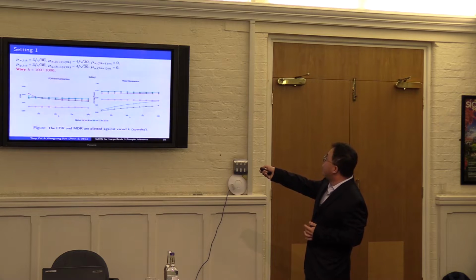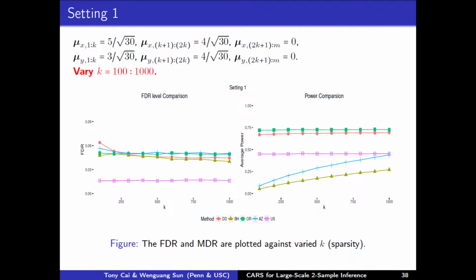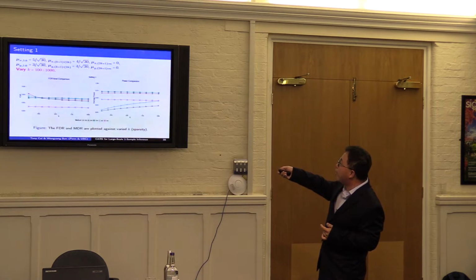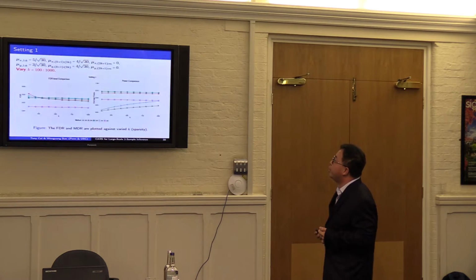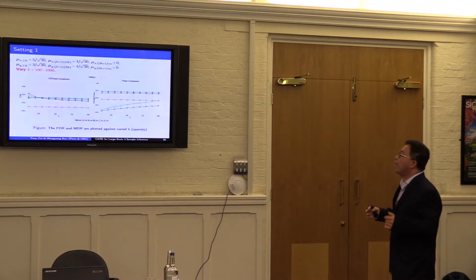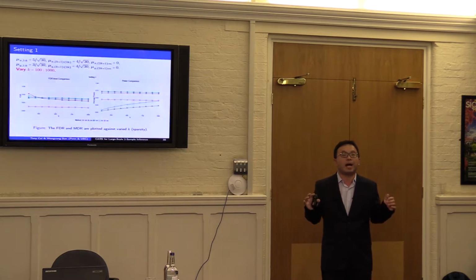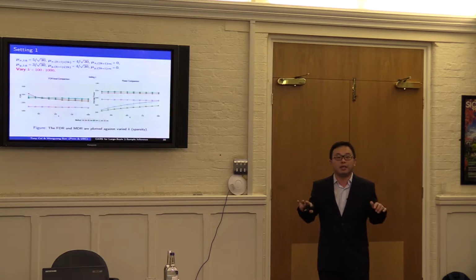And so the total number of tests is 10,000, and 2K is the number of non-zero coordinates. Then we have two vectors, and both are very sparse, so the non-zero elements are the first 2K, but they only differ in the first K locations. We would like to vary K from 100 to 1,000 to investigate the impact of sparsity on the performance